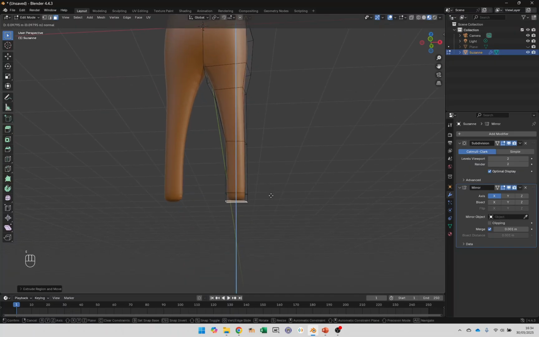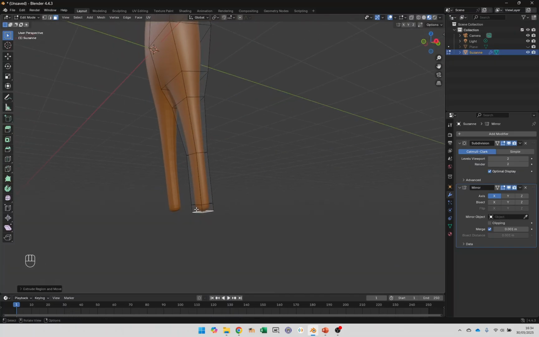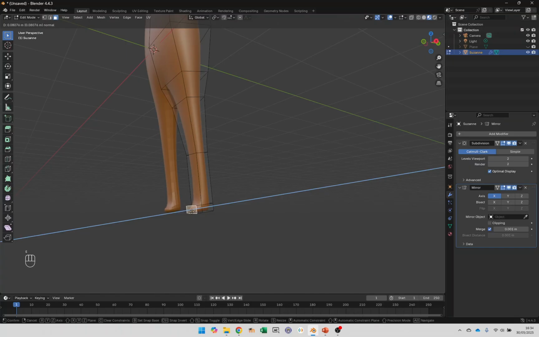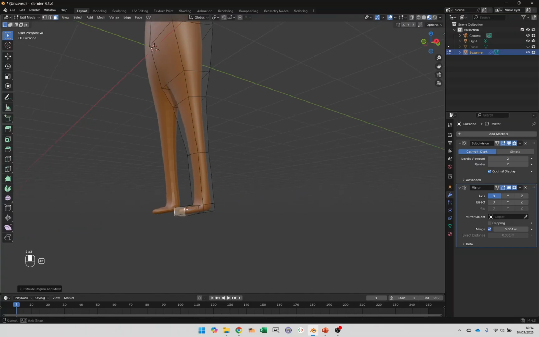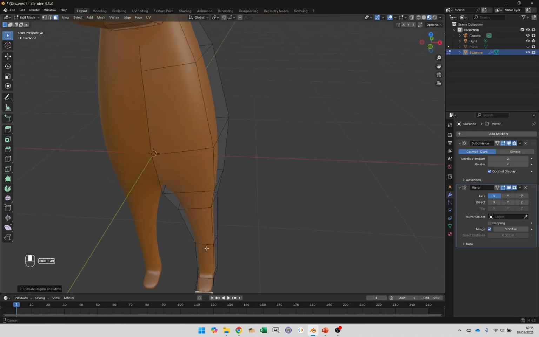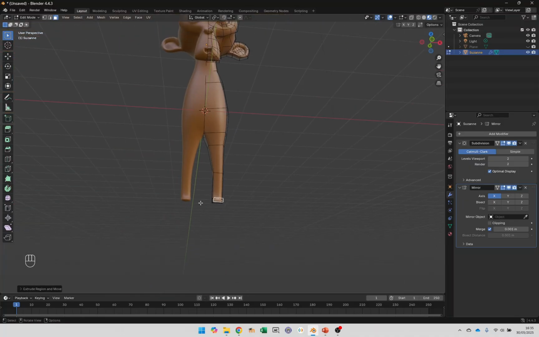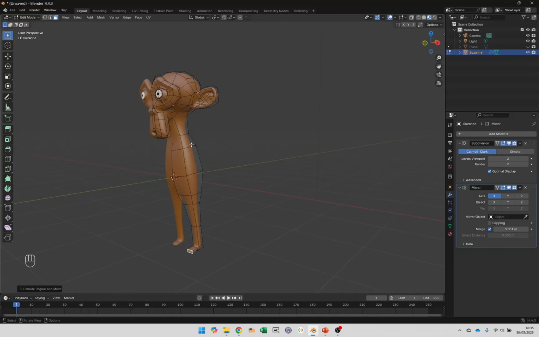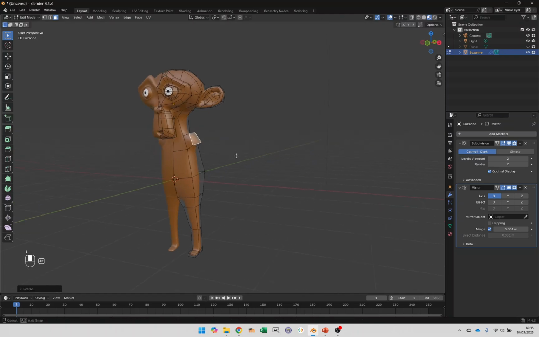E to extrude again, so that I've got the front of the leg to pull out. I'll extrude a little bit and then a little bit more. I don't know why it doesn't shade smooth if you extrude out, but I'll correct that at the end. Let's get the shoulder. E to extrude out a little bit, S to scale down,